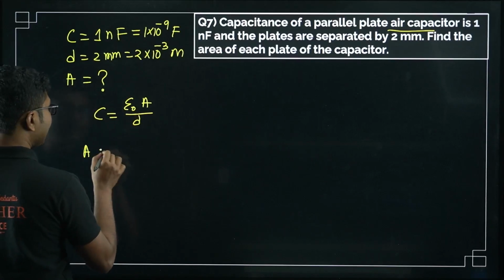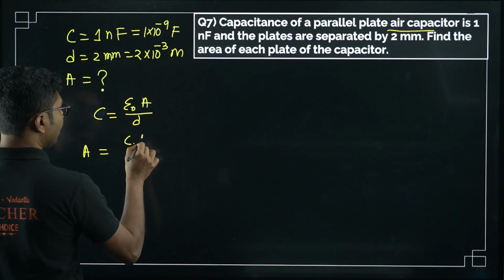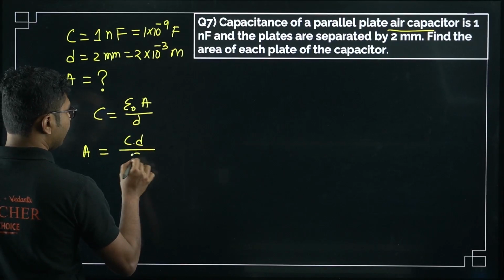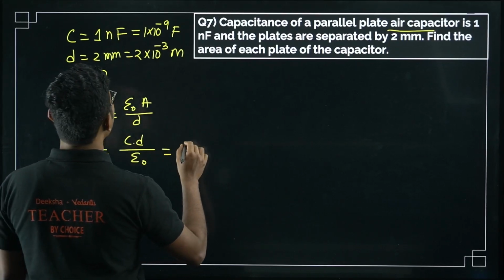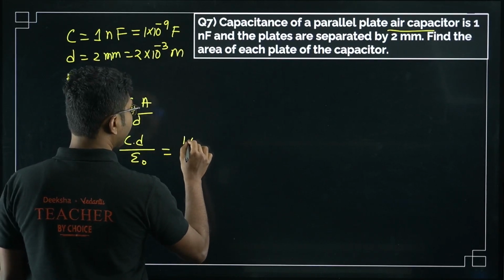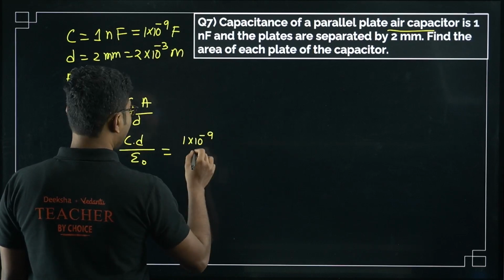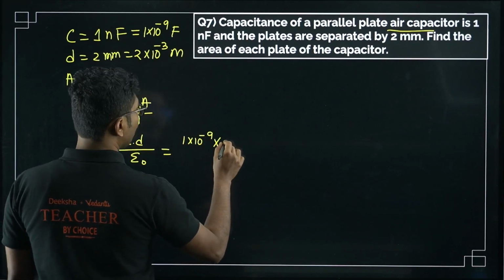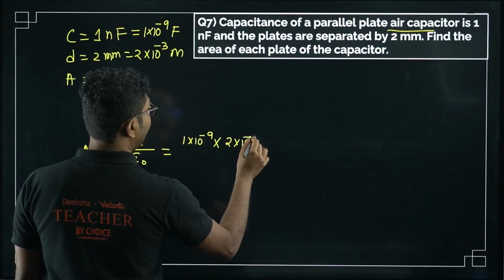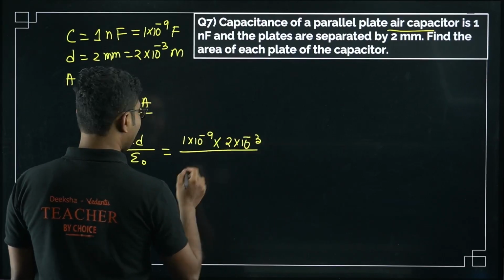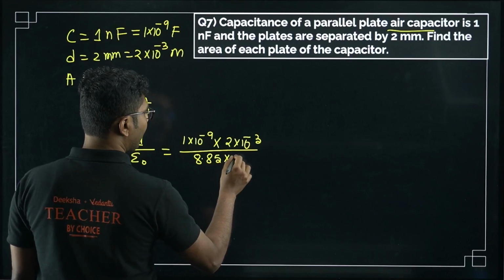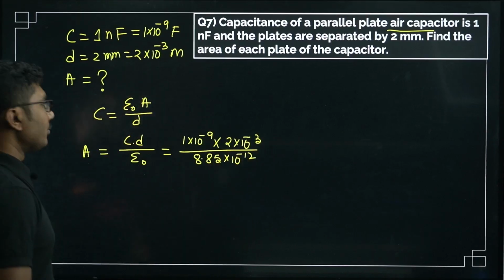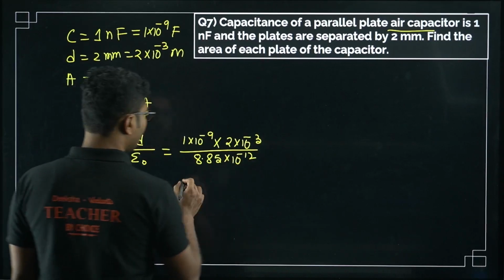So A is basically C into D divided by epsilon naught. Okay, now what is C? C is given 1 nanofarad, that is 1 into 10 to the power of minus 9. D is given 2 into 10 to the power of minus 3. And what is epsilon naught? 8.85 into 10 to the power of minus 12. Okay, if you put those values, you will get 2